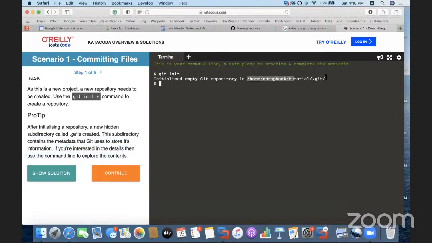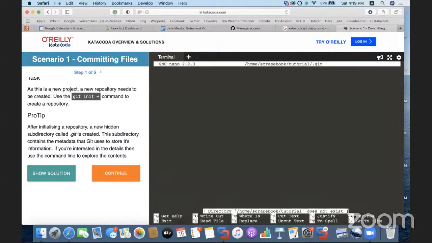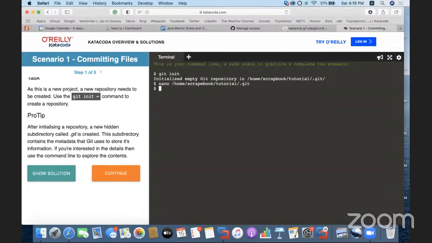So how can we do that? We can quickly go to this. Let's say I can open that with the nano editor. Nano is a text editor like Notepad, and we can open this file, scrapebook, /tutorial/.git.